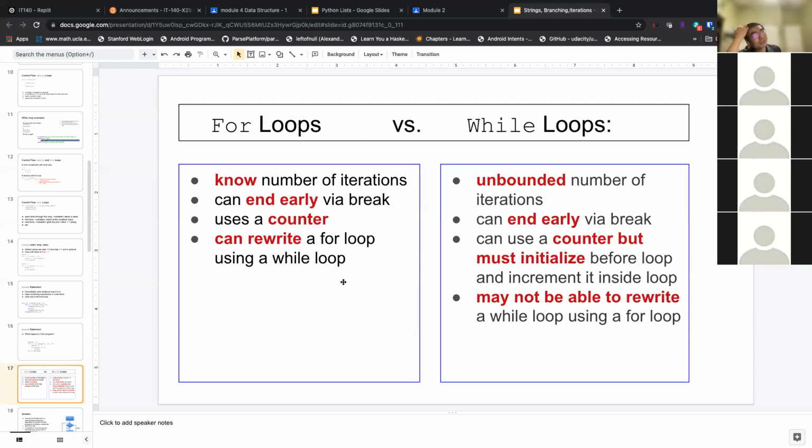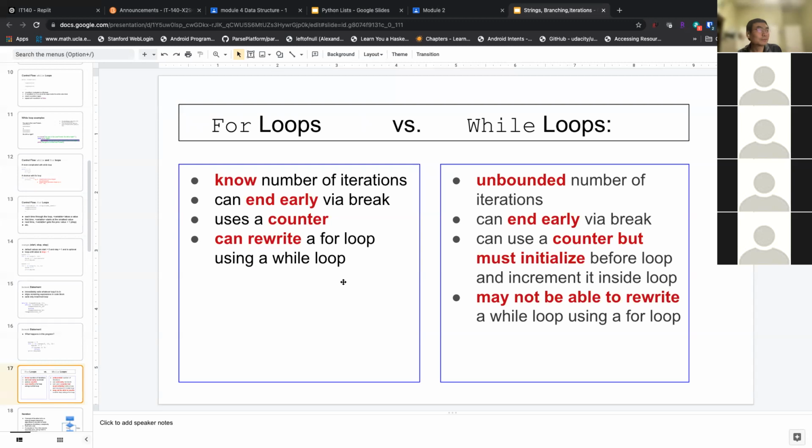So what's the difference between a for loop and a while loop? When should you use each? Like I said, you typically use for loops if you know the number of iterations before you enter the loop. It typically uses a counter as a variable from a returned range, and you can always rewrite the for loop as a while loop. Now for the while loop, typically you don't know how many times you want to iterate. Sometimes you have a condition, but you don't know when the condition is met, right? Sometimes you can enter into an infinite loop. You can always end early using the break statement, and that's true for the for loop as well.